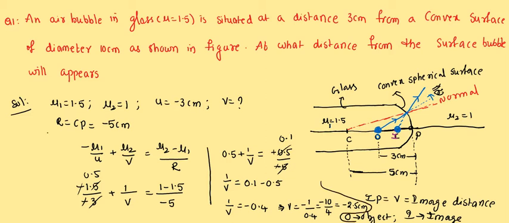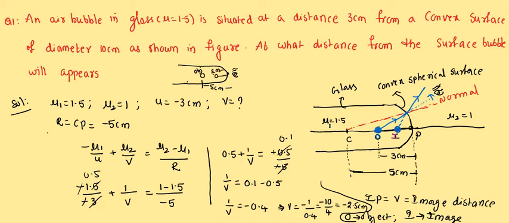Okay, this is the solution. That means if the object is at 5 centimeters in the denser medium, I will give an explanation. For example, this is a glass rod. We have a glass rod. Here there is one air bubble. This air bubble is at 5 centimeters from the surface, and we are observing this air bubble from here. This air bubble is the object, and its image appears somewhere here.